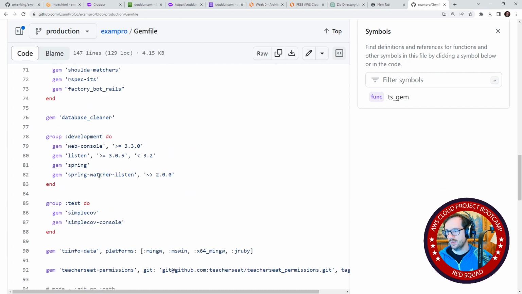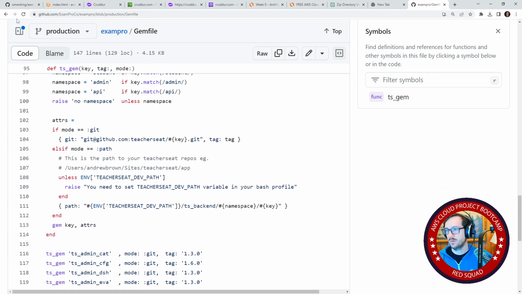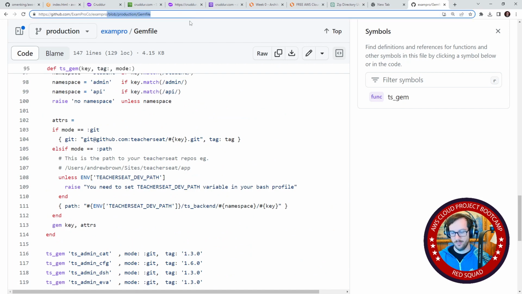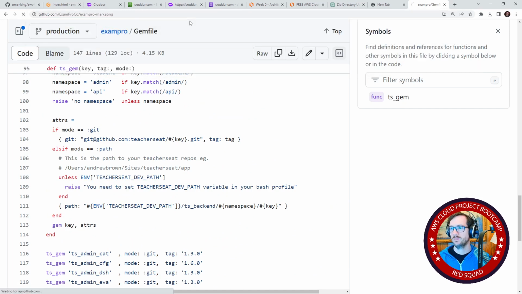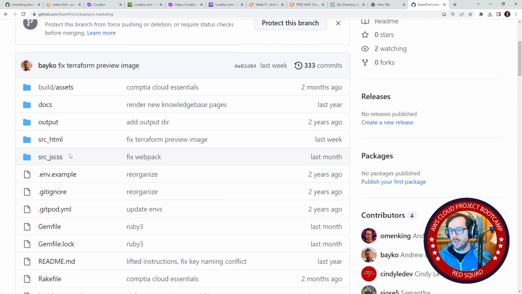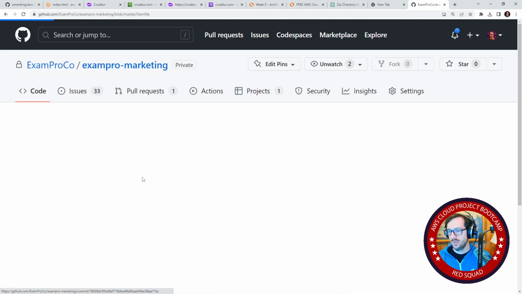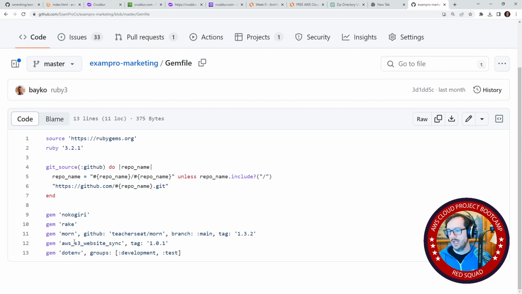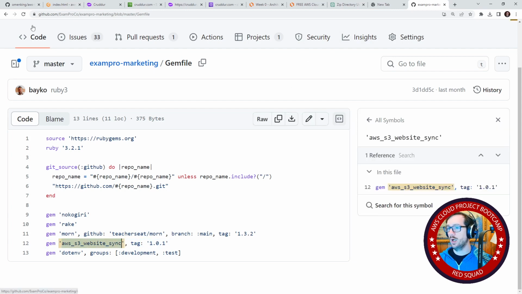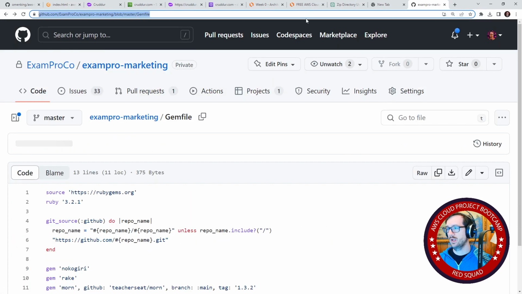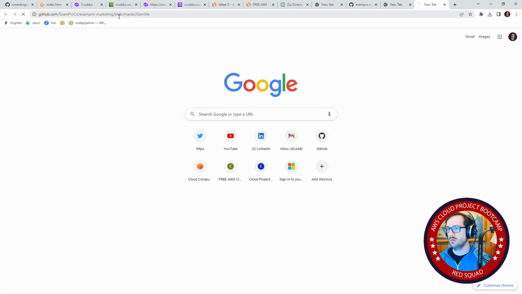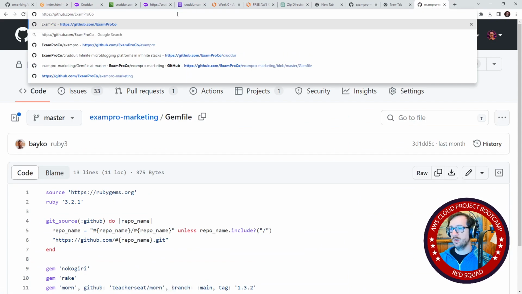what did I call it? Oh, this is Exampro. I want Exampro Marketing. Sorry. And the library is called AWS S3 Website Sync. So I made this specifically for syncing stuff to S3, and so that is the name of this. If we want to find it here, I think it's under Teacher Seat. And I think I recently updated the documentation. I think I did. So we'll go to Teacher Seat,